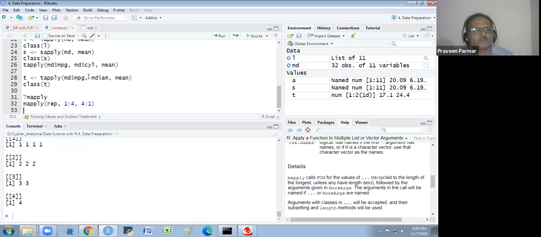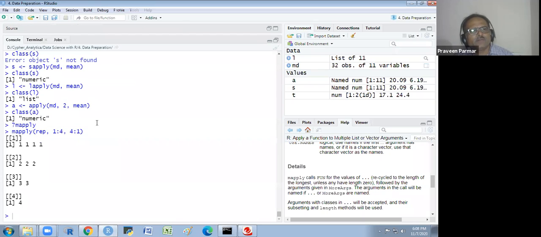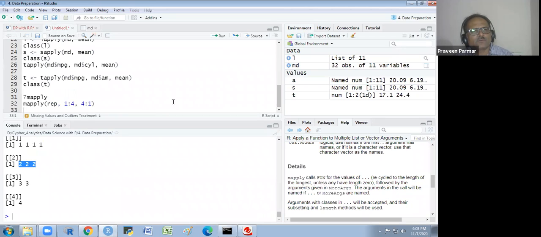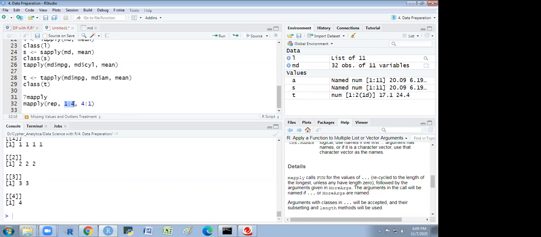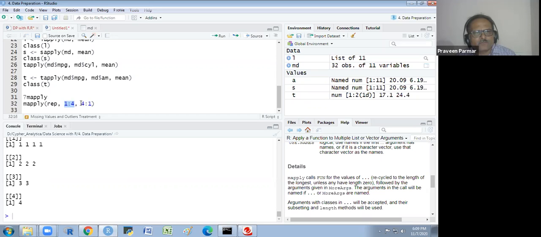Run this first, I see. It provides the output in a list. So 1, 1, 1, 1, 2, 2, 2, 3, 3, 4. We are repeating 1:4. This is a repetition function. 1:4, we are repeating. 2 to 3, 3 to 2, 4 to 1, and 4:1.